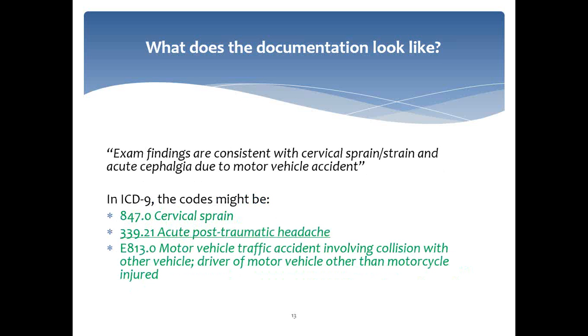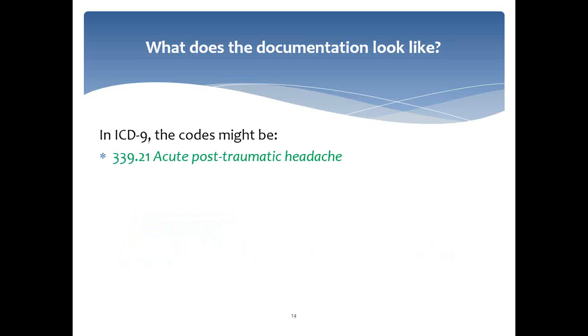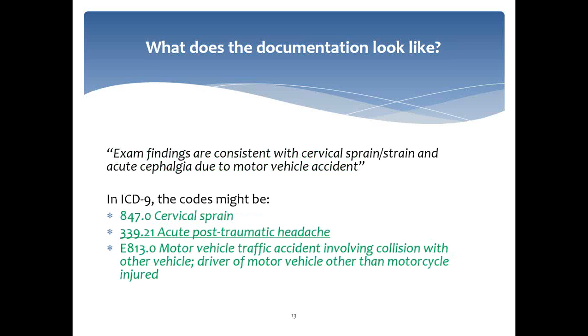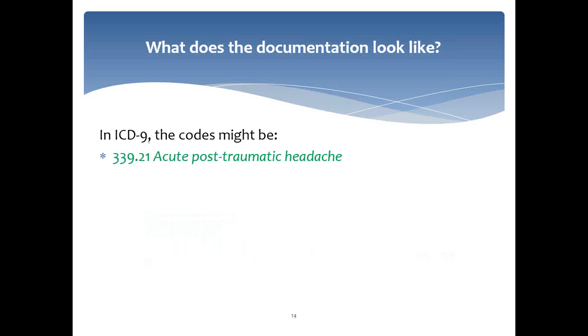So looking back at our note, remember we've got our little note here. We've got the second code, which is acute post-traumatic headache. Now we want to investigate this code and see what the replacement might be. Now I haven't decided on the replacement for the sprain code just yet, but I will. First, I want to look at the options for this second code, and then we'll look at the options for the third, and then we'll come back and I'll show you the codes I've selected, and then I'm going to rewrite my note so that I can help the providers on the call learn how to redocument according to the codes. So if we look up 33921 in GEMS, which is a code mapping tool provided by the government,